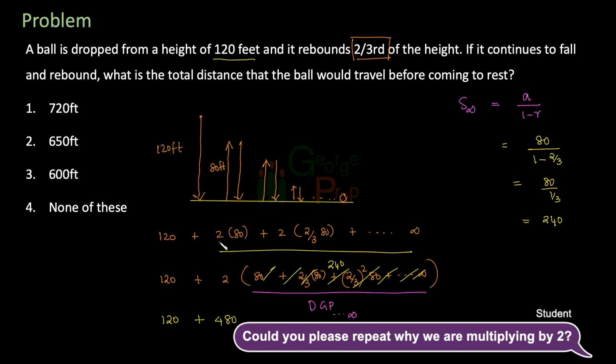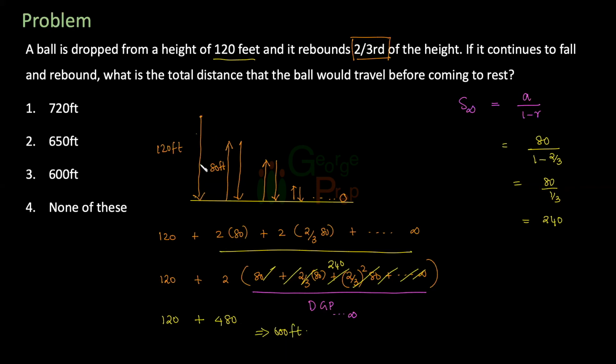Okay, let me say why this is 2. Someone wants me to explain why this is 2 into 80. Okay, let's see here. See, the ball is coming down, that is 120. Then it is going up 80 and coming down 80, which means 2 movements of 80 feet, right? Going up by 80, and then from there it is coming down by 80. So I have 2 movements of 80 feet, and then I will have 2 movements of 2/3 of 80, and